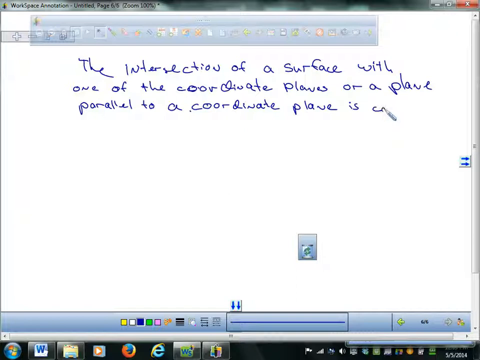Is called a trace. Okay, and I'll show you what I mean. So, find the trace of the sphere